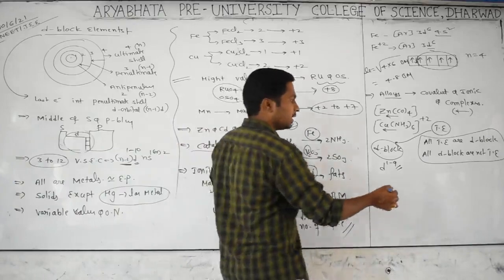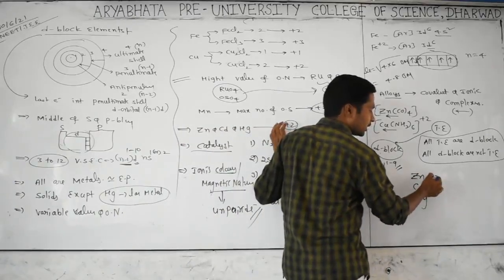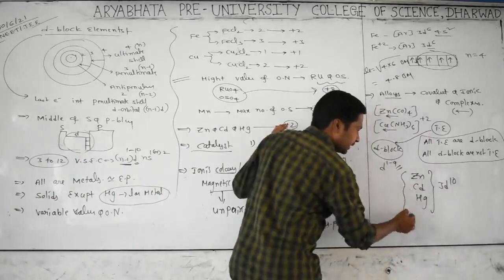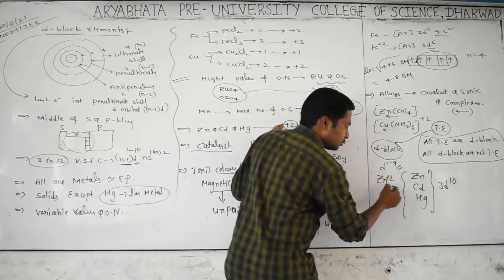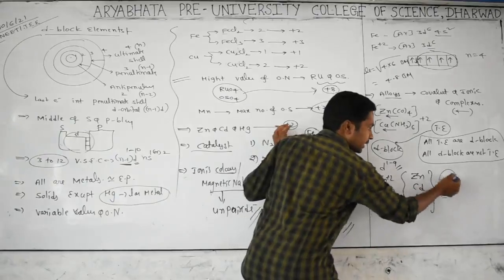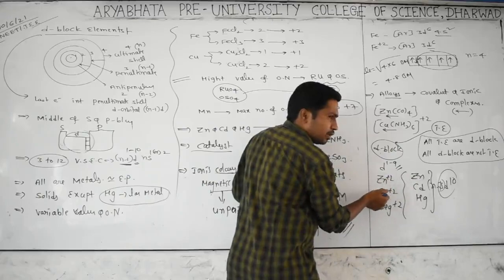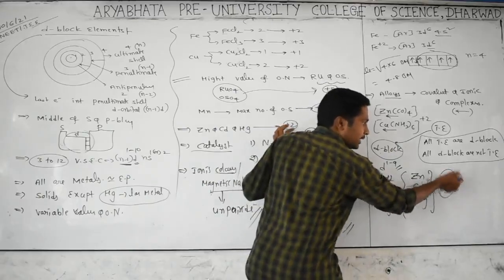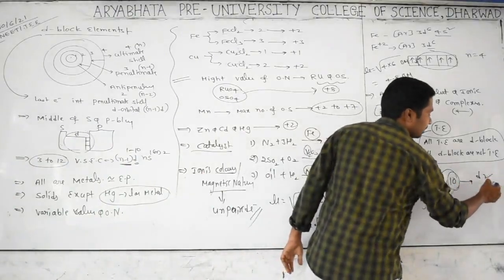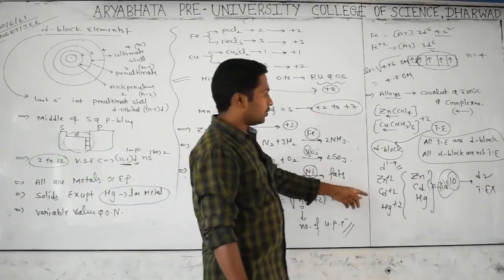If you take zinc, cadmium and mercury, they contain 3d10. If you take their ionic forms also, Zn plus 2, cadmium plus 2 and mercury plus 2, they also contain (n minus 1)d10 configuration. This means these elements and their ions contain fully filled d orbital configuration. That's why they are just d block elements but not transition elements. So that's why we are telling like this.